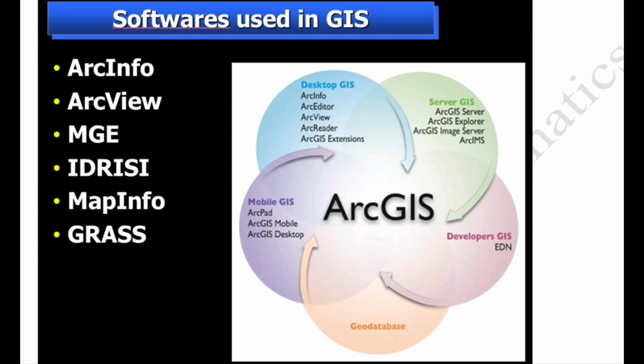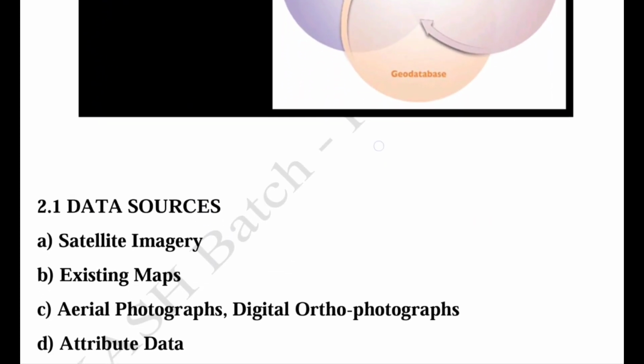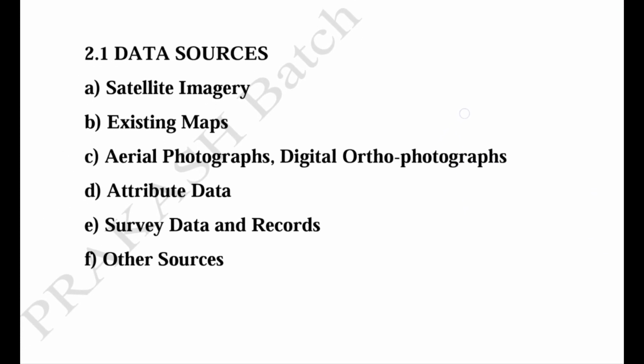The software that is mostly used in GIS includes ArcInfo, ArcView, IDRISI, MapInfo, Grass. These are the names of the software. And QGIS, ArcGIS, ArcMap 10.1, 10.2. So there are many GIS softwares,